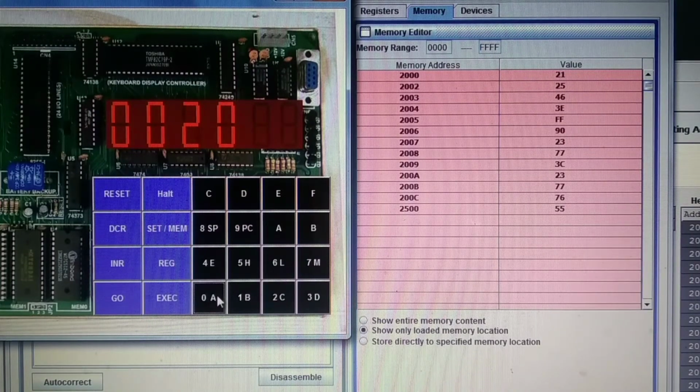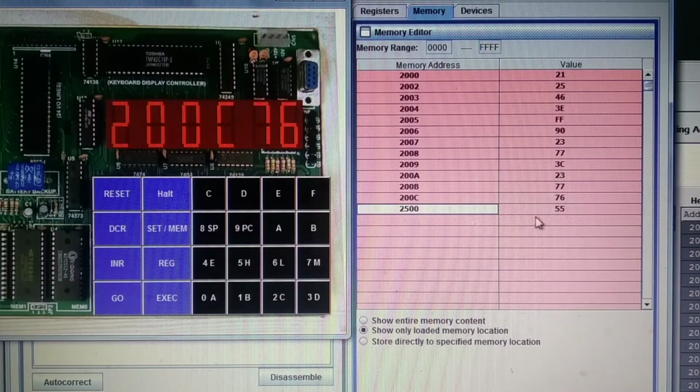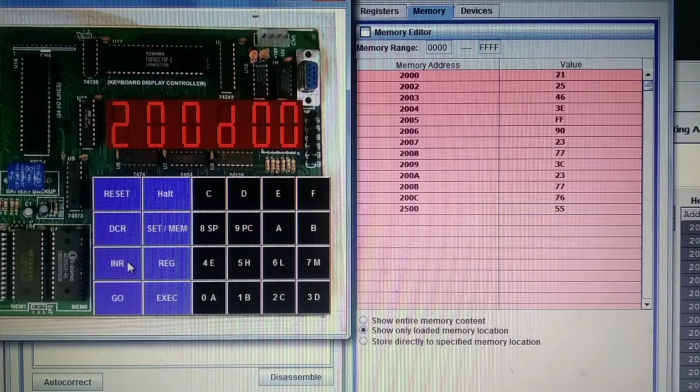I will show the program up to 76. Here you are getting the values in that particular memory location. We reach up to 76. At memory location 2500, the number taken is 55.